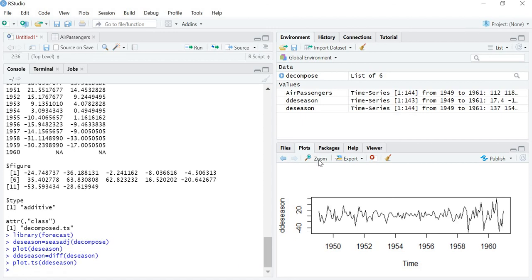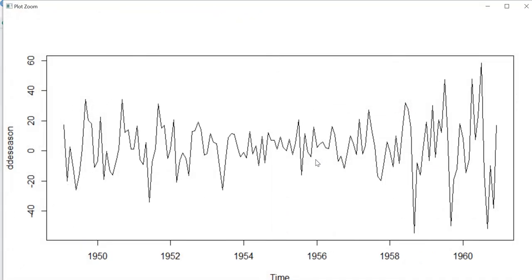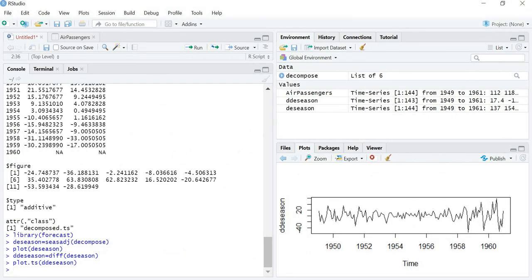Now you can see this diagram. Now in this diagram, your trend is also removed and your seasonality effect is also removed. Now on this series, on this data, we can do our analysis part. So to do the analysis, we have to use the series deseason. So in this way, we are going to remove the seasonality effect as well as the trend effect from your seasonality trend. So that's all. Thank you.